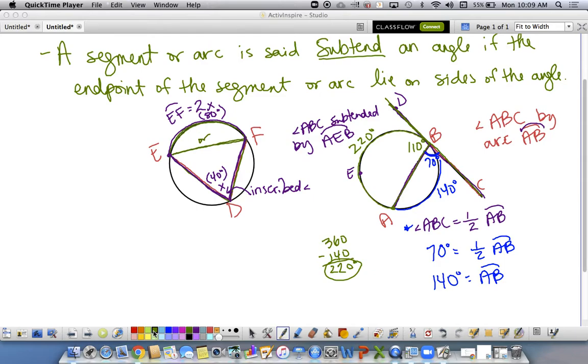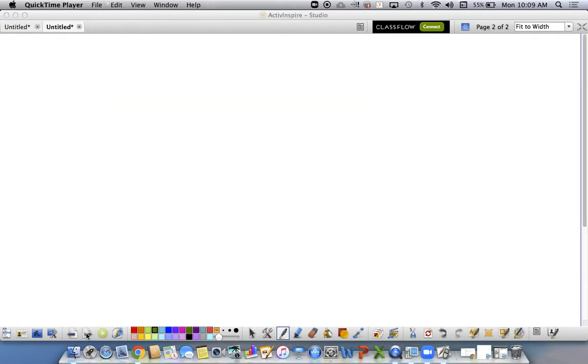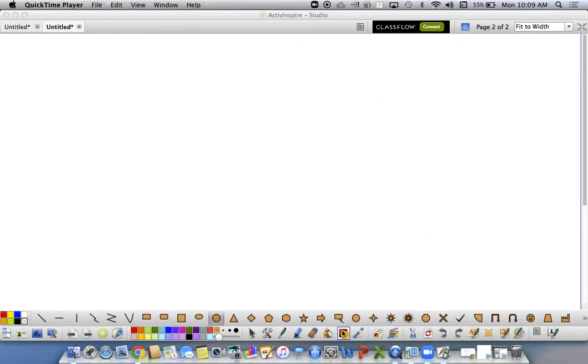There's a good question that gives you both pieces. I think I gave you one. Maybe we'll do one more. If I give you a circle and a tangent line, a line that's going straight across, and a chord, we're going to make it actually touch the circle here, and if I give you this interior angle, this angle right here,